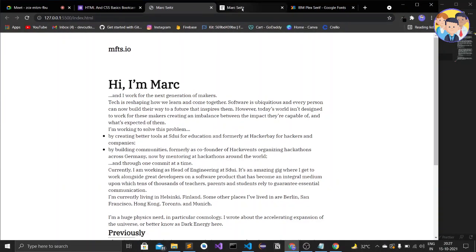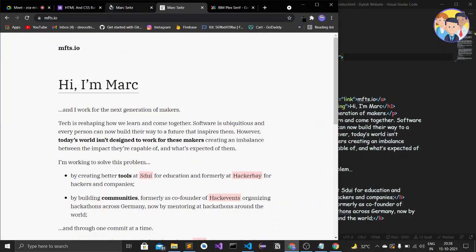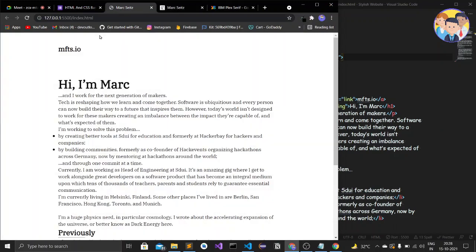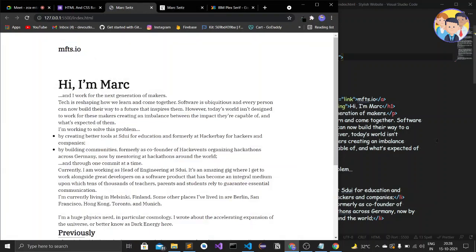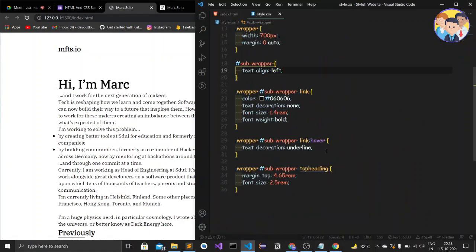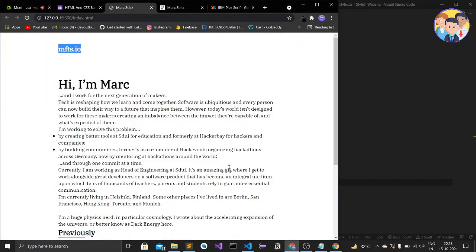Just a minute. Let me remove this also. Alright, so I'll give the font family, meaning I will bold this text, bold this link. So here I have bolded. It's bold only. Now let's do another thing, giving styles to the paragraph.